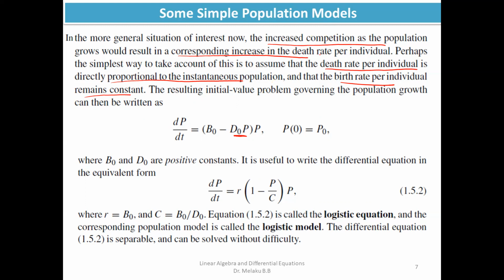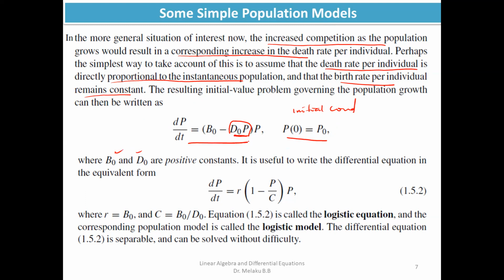That shows a direct relationship, which means the death rate per individual is directly proportional to the instantaneous population. That's why we are using this one: (b0 minus d0 P) times P, with the initial condition P(0) equals P0. Here b0 and d0 are simply constants, and it is useful to